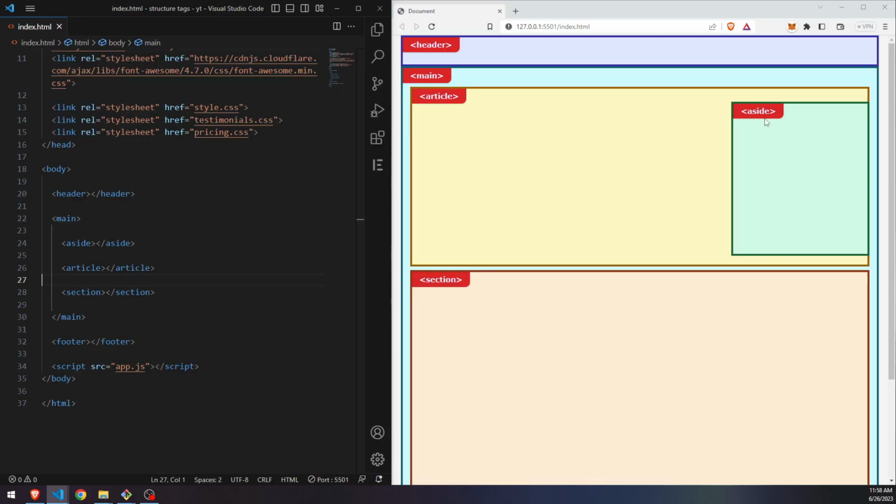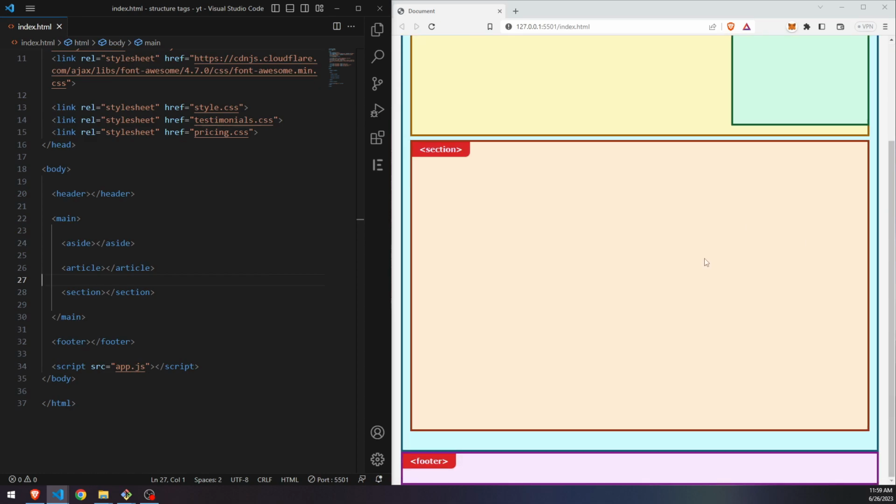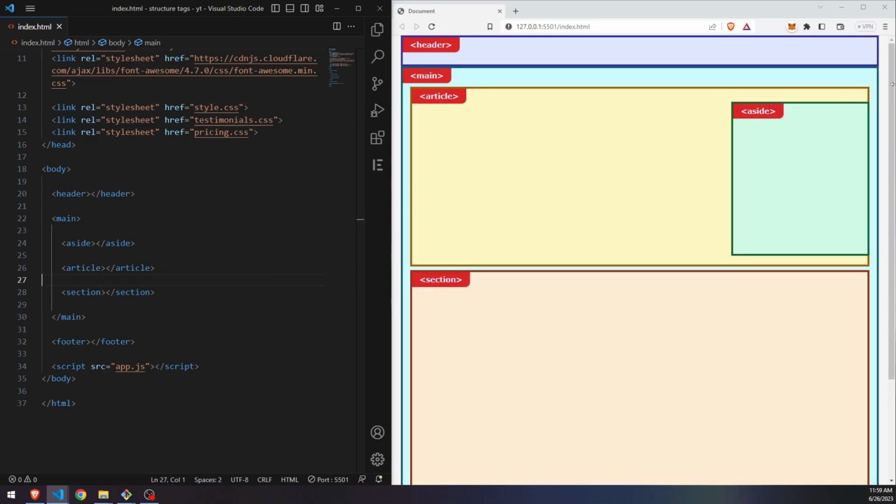So in here, we have a basic structure of a website. You have a header, a footer, a main content, and then an article tag, an aside, and a section. So the old way is that you can just put a div here as a header, div as a main,